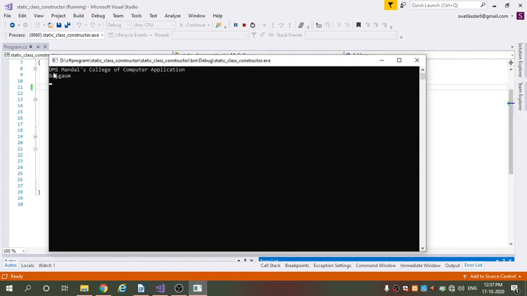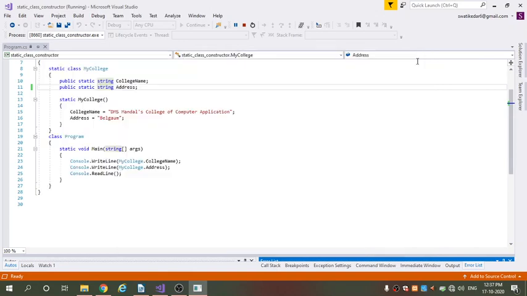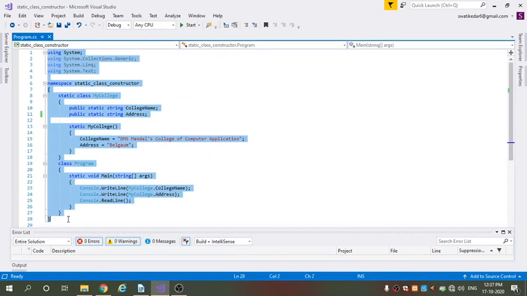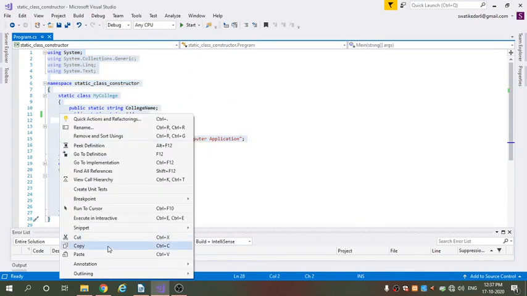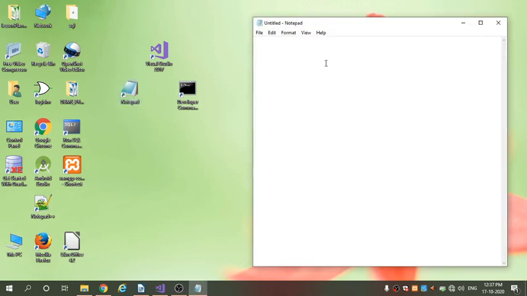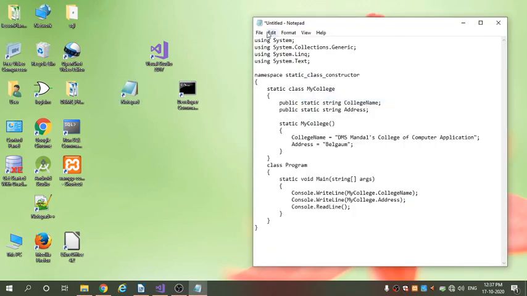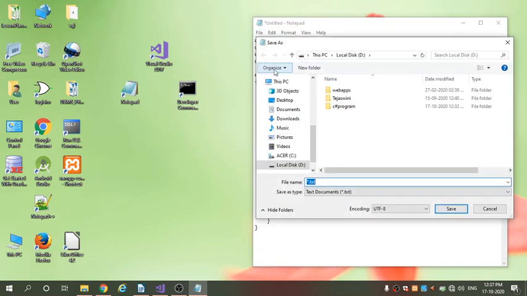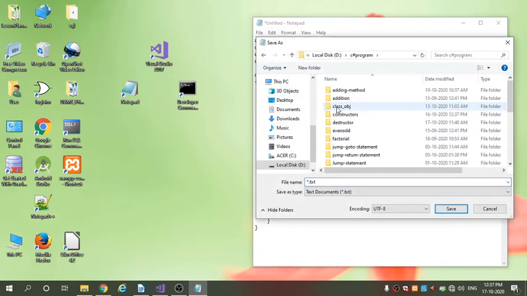This is the execution in Visual Studio. Now we go for execution where we type the program in Notepad and execute it on the developer command prompt. For that we have to copy this program, open Notepad, paste it here and save this program. Go to File, Save. I have saved that file in my folder C# program.